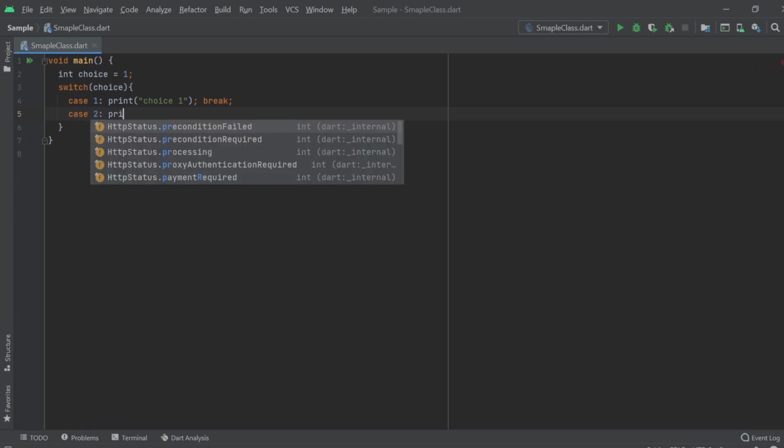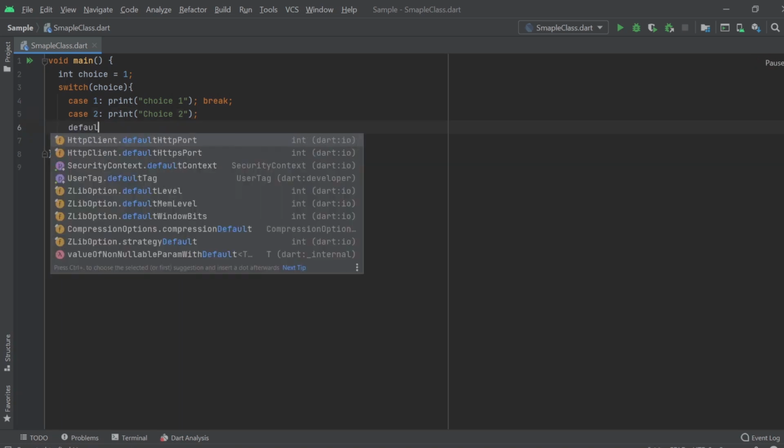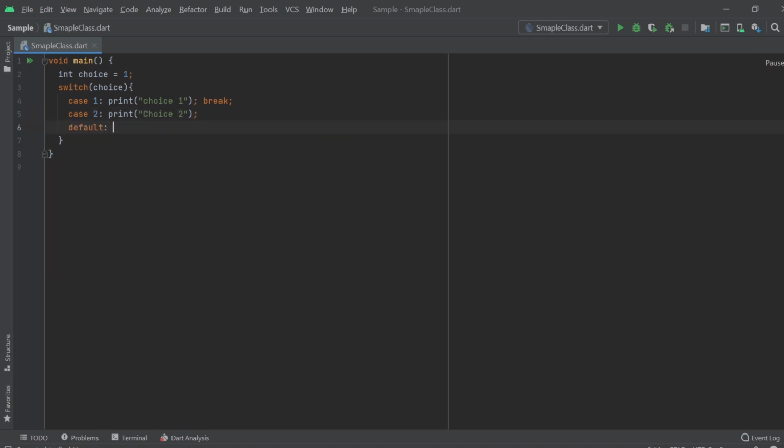So I am writing case 2, that if the choice is 2, print out choice 2. And at the end I will write default. Default means else, like if all the conditions are false, then default will be called.